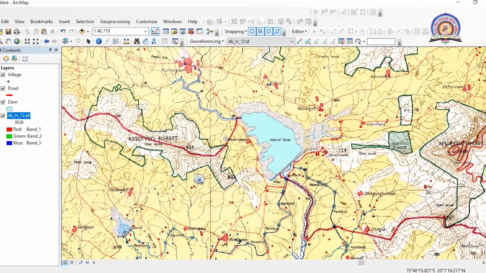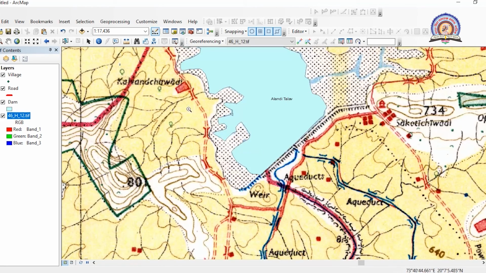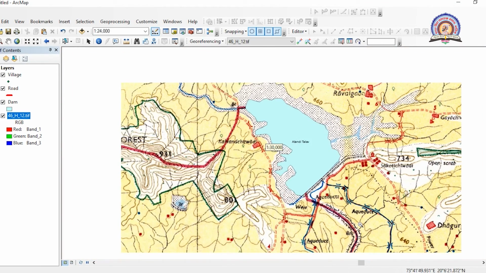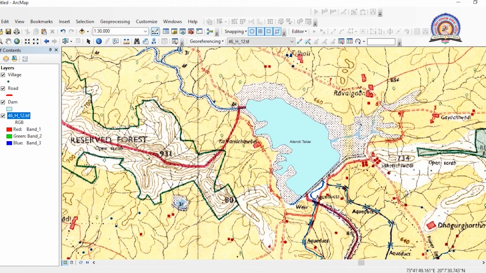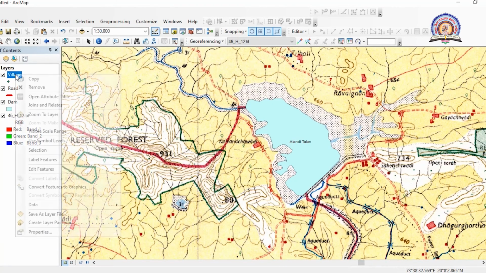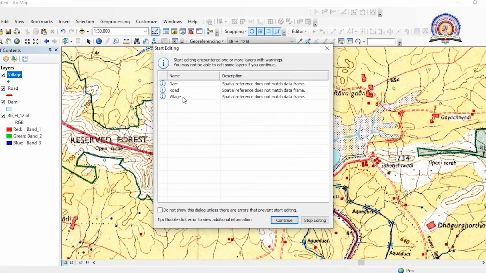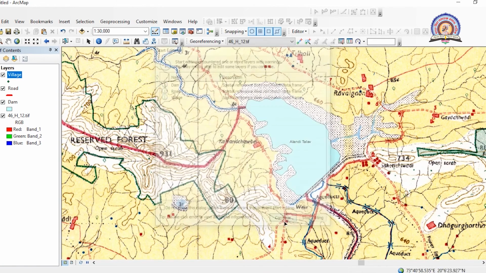Now you can see from a base map there are many villages. For example, this one, again here. There are many villages around. So I will be making two three points so that you will understand the process of creating this layer. So for making a village layer, I will select a village layer from here, go to the attribute table and say start editing. And here I will be clicking again on a village layer.